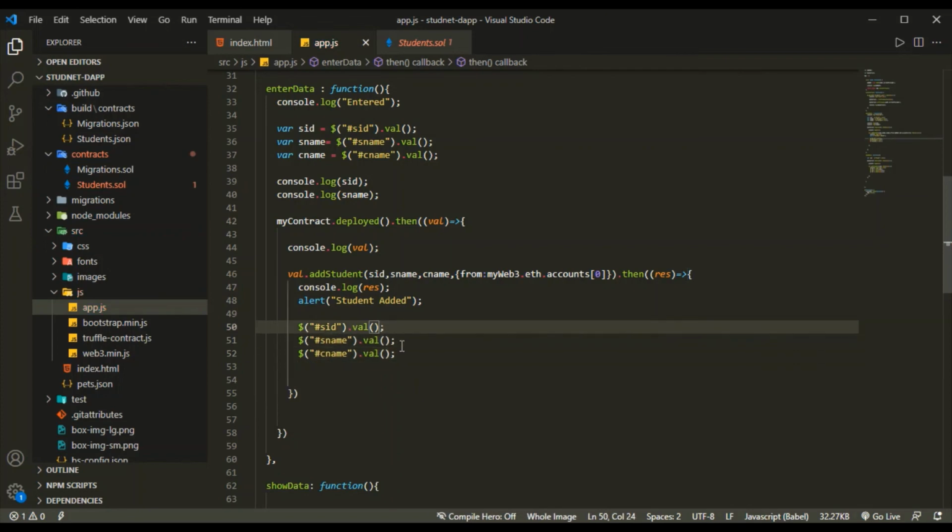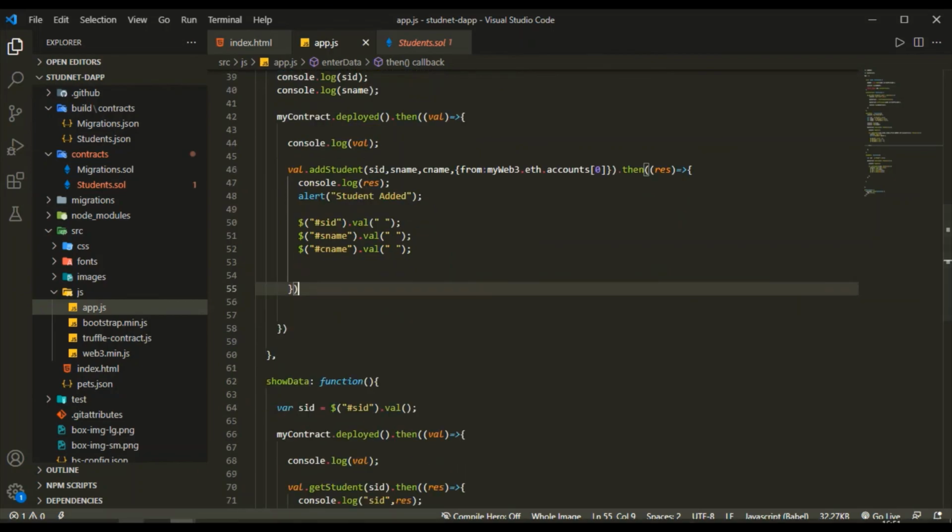Sid, so inside this value I'll pass it as empty. Okay, so that was one thing left,